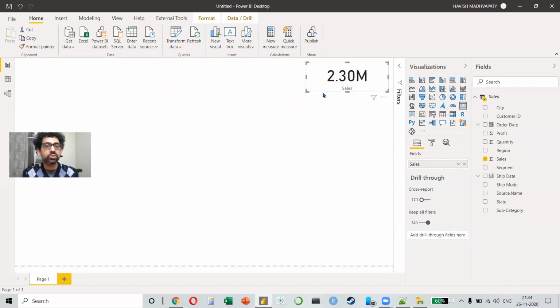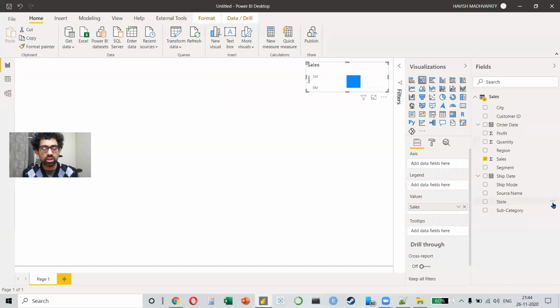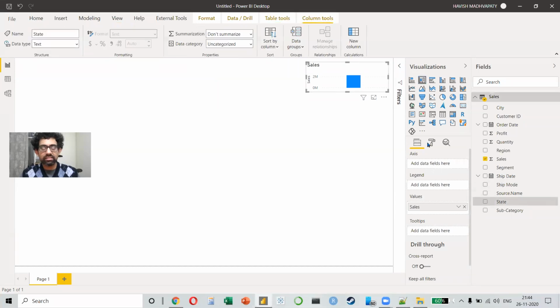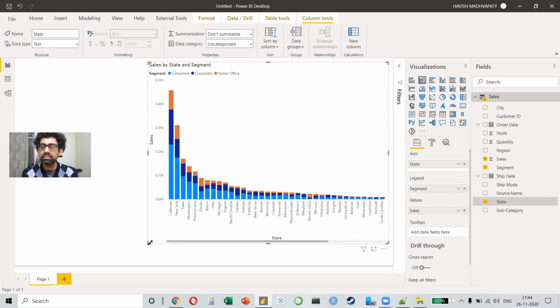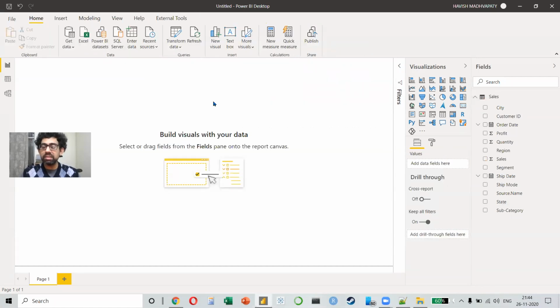so I know we are all eager to start with visualization, but just another 5 minutes because it's important, right? Visualizations are easy. If you notice, I can just click on a chart, click on state, right? Click on segment, and it makes a visualization. That's not difficult. Like you guys can learn it even on your own. You don't need me for that. You need me for the advanced topics, right?